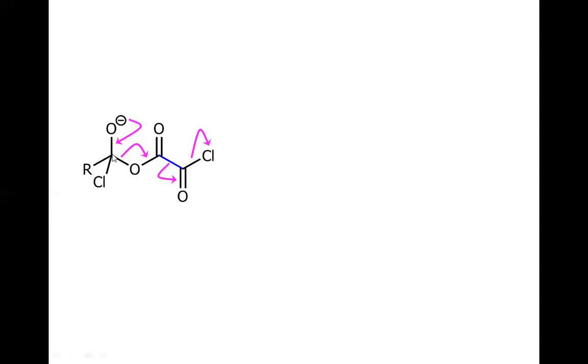As a result, this CO bond will be broken and we will have the carbon oxygen double bond. And at this level, we will have the breakage of CC bond. We will have this CO triple bond, and then this chlorine will leave. So if you look carefully, in doing so, we are going to have the formation of the CO2 and the CO along with the chloride, because CO2 from here and CO from here.